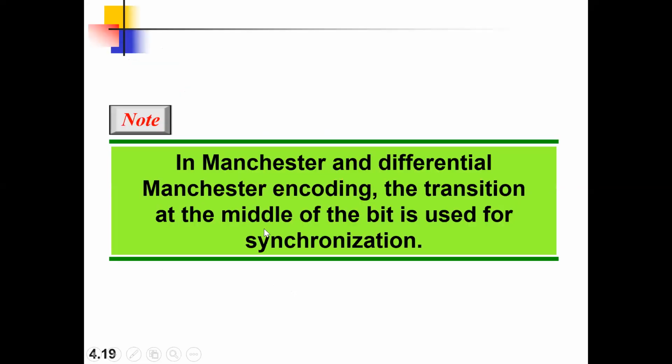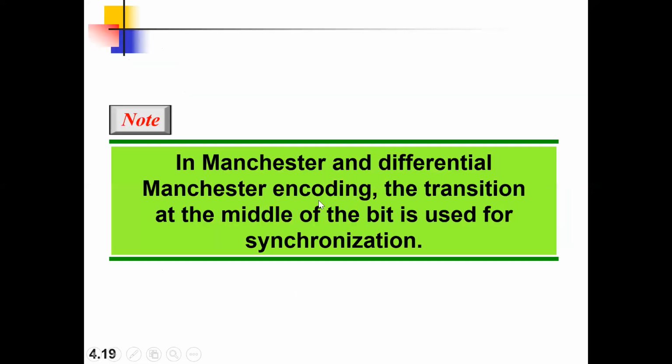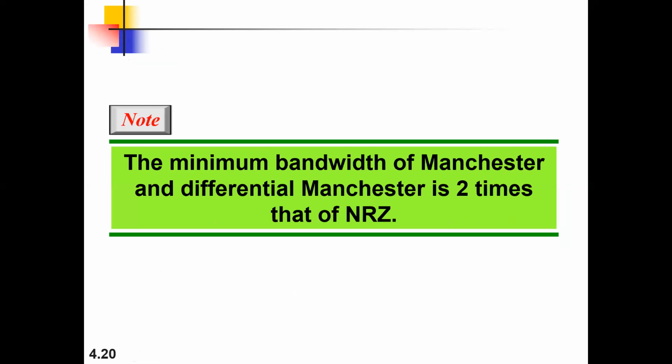So that's all with respect to this particular topic. Why does it go in between, from highest to lowest? Just for synchronization purposes. I told you in yesterday's class. So this is what we have understood with respect to your previous class session. The next thing is we'll see some details about Manchester and differential Manchester encoding standards, and then we'll continue with the next scheme, that is bipolar.